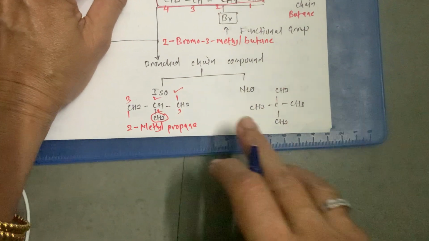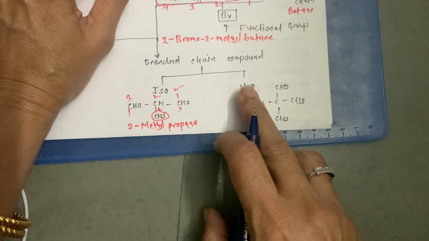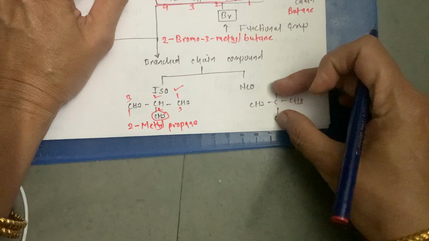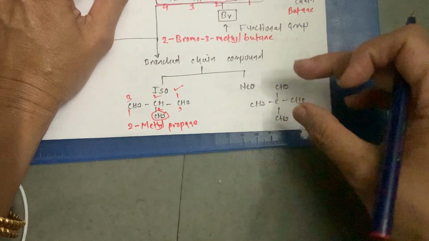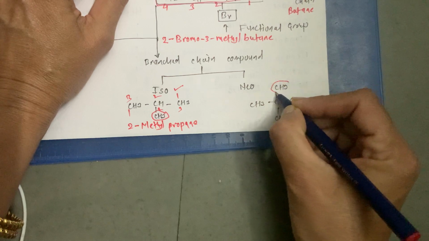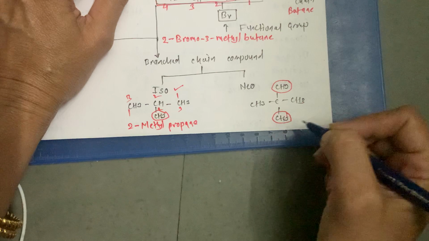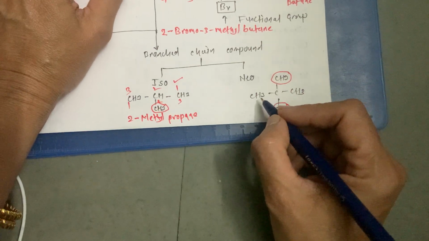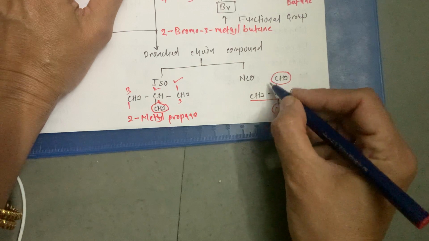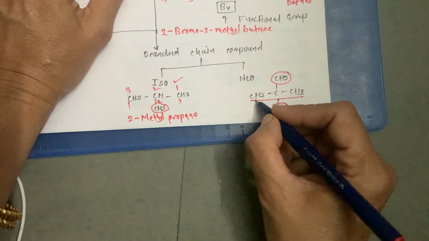Okay. Now the neo compound. What is neo compound? Neo compound is that compound where on the same carbon atom there are two branches. This is one branch while this one is another branch. Two branches. Now here again we have to select the longest continuous chain, and this is of 3 carbons. You can select this one also or you can select this one also. I am going to select this one.